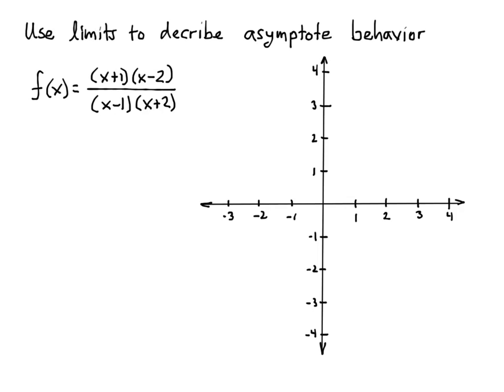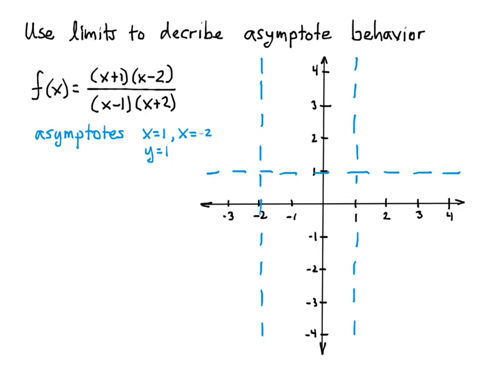And so here I want to use limits to describe asymptote behavior. Remember how we did that? Basically, if we have this function where we have x plus 1 times x minus 2 over x minus 1 times x plus 2, we know we have the asymptotes of x equals 1 and x equals negative 2 and y equals 1. We know that from just picking this out,